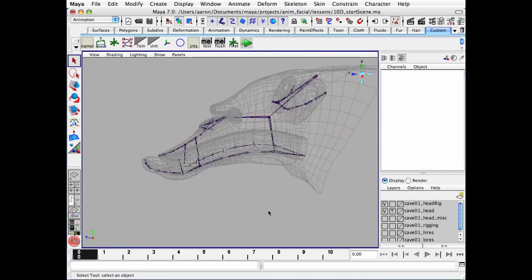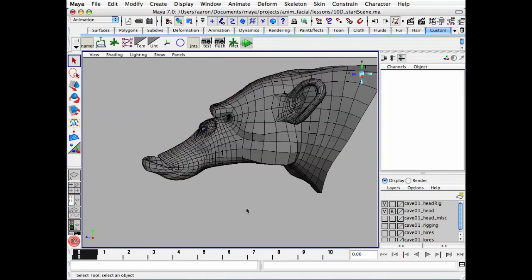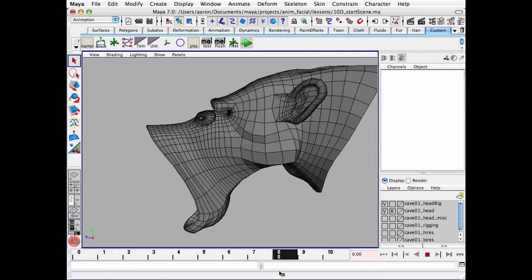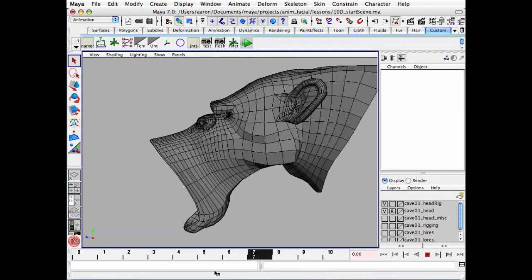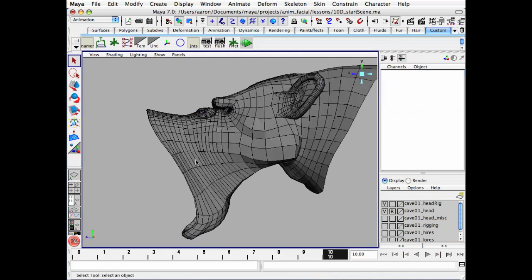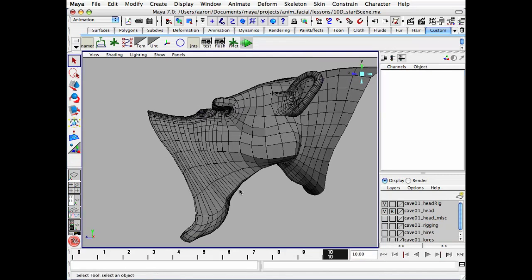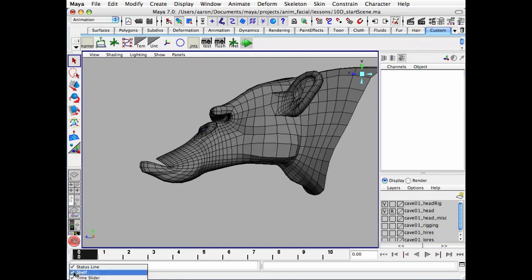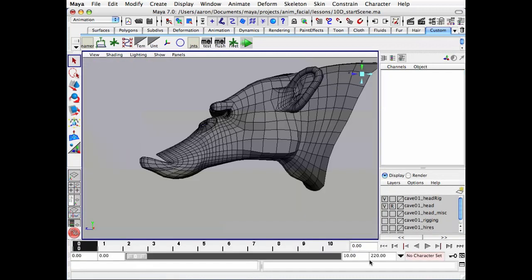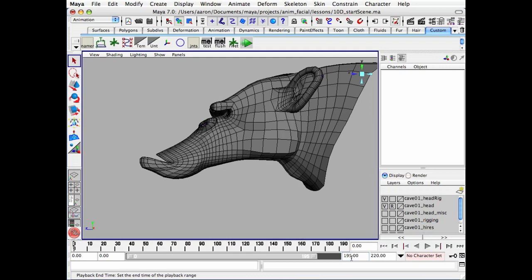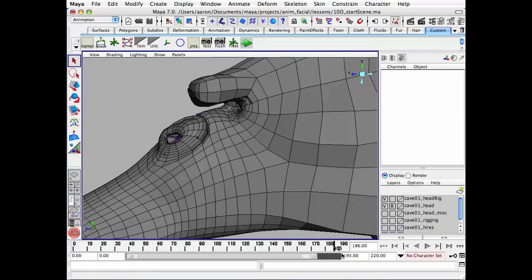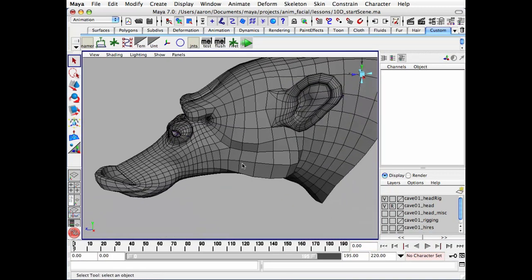Okay, so two quick and simple examples of using corrective blend shapes. One for this wide open mouth shape, just to add a little more roundness to it and deal with some other deformation issues. And the other was adding just a little volume to the nostril area. Once again, very simple, but just ways of using blend shapes in a corrective manner on a face,